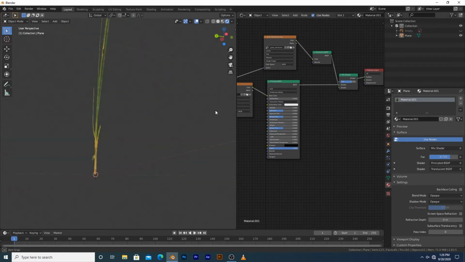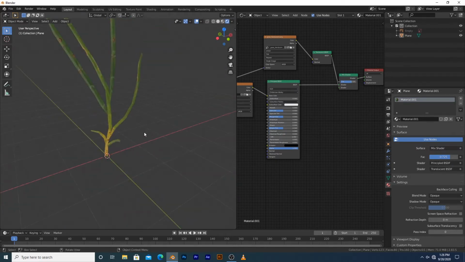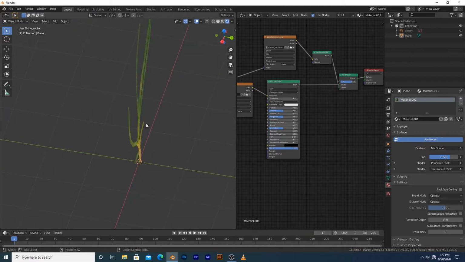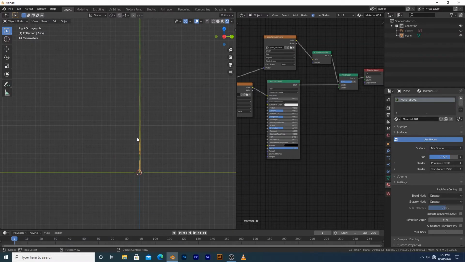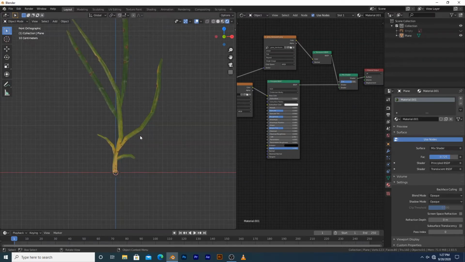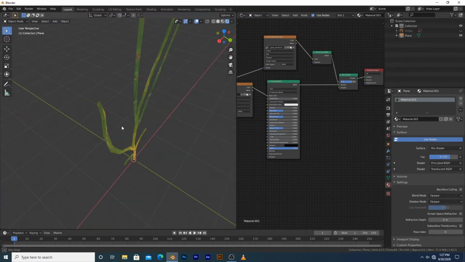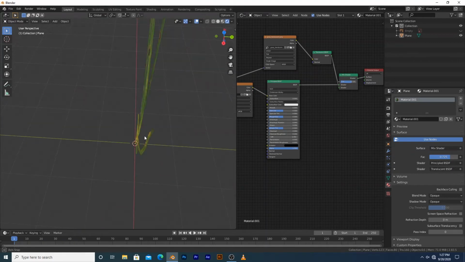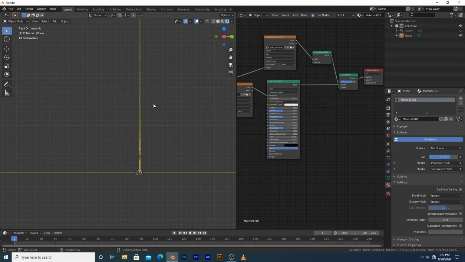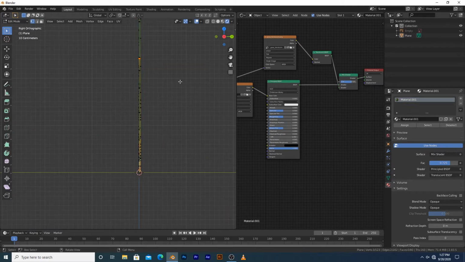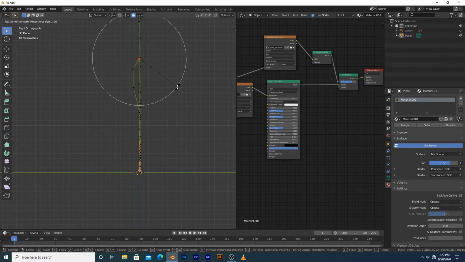So now if you have a look at it, this is our grass, but now the problem is this is flat. If you have a look at it, this is razor sharp. So the next thing to do, I would say, is rotate each strand and add some sort of rotation to it. So what I'm gonna do is I'm gonna select these ones, with proportional editing on, just gonna rotate these, move them around, and